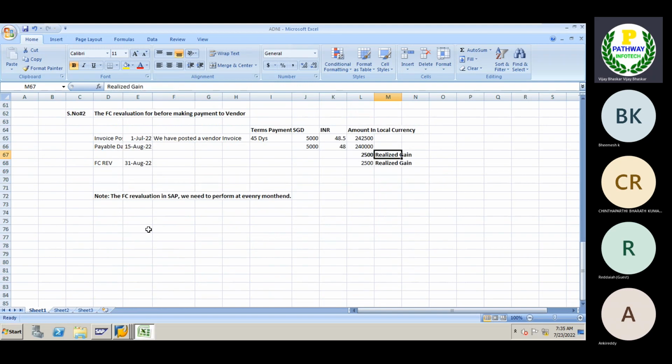Just give me 2 minutes, I will explain the accounting entries which are going to be passed. This is also something we have to explain in interviews, with accounting entries. Now, scenario number 1: